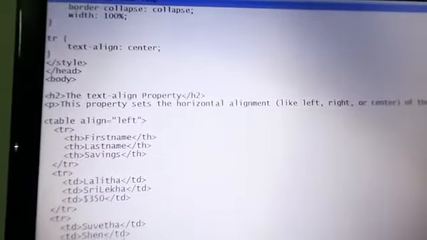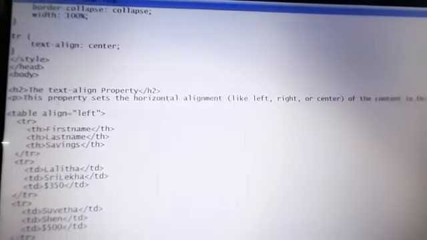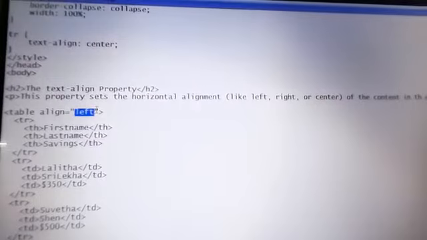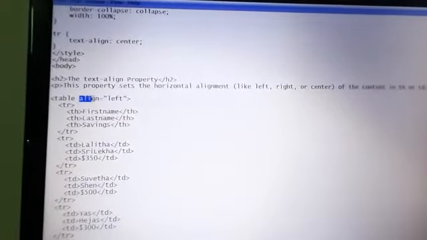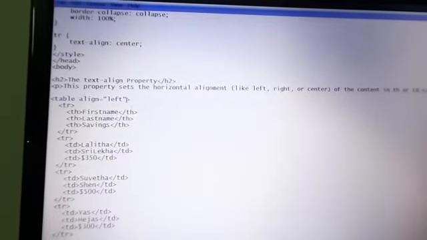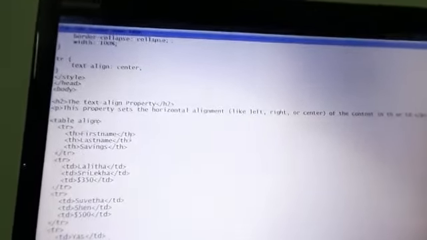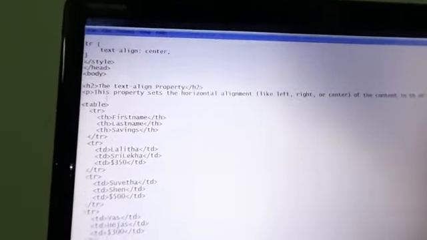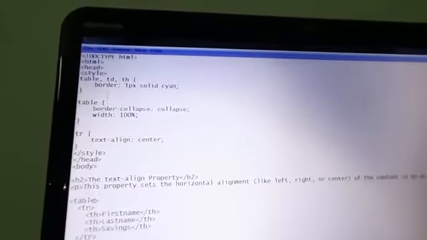There are 3 alignment settings here: left, right, and then center. So you can simply add the align attribute here. This is one of the methods. The other method is that you can add the align in CSS.